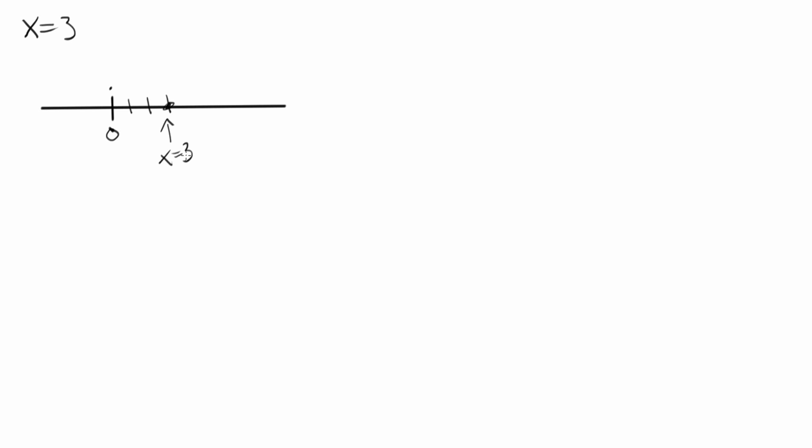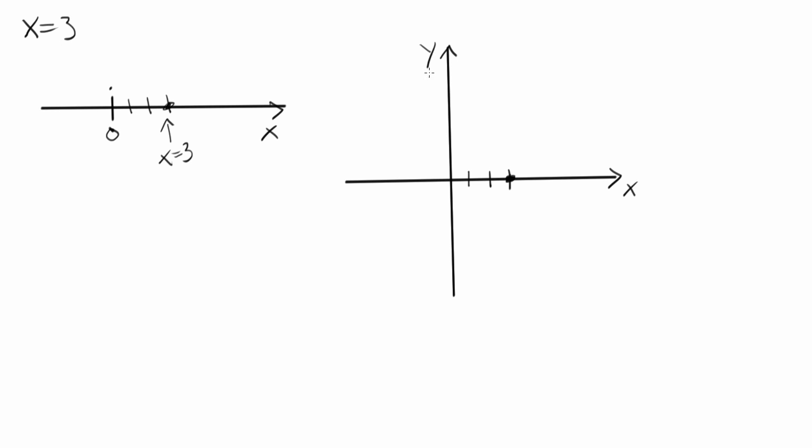But now that you're in an algebra course where we don't only have one axis, an x-axis, we have two. If we were to look at the same problem, I want to plot x equals 3. Here's the x-axis, as we know, and here's the y-axis. So now when I plot x equals 3, I have a system that's a little more sophisticated. So I would say here, 1, 2, 3 along the x-axis, and I could put a dot there, and I would be accurate. But that's not the only point there is if I admit the existence of a y-axis,